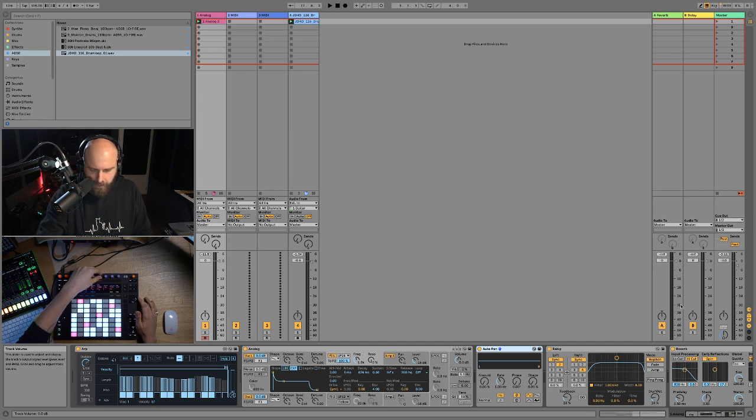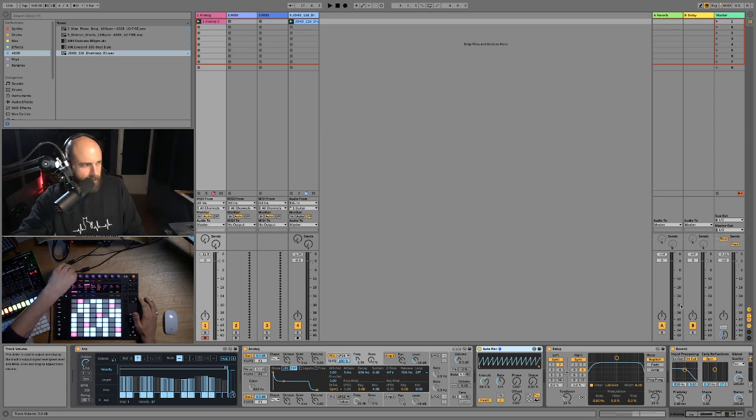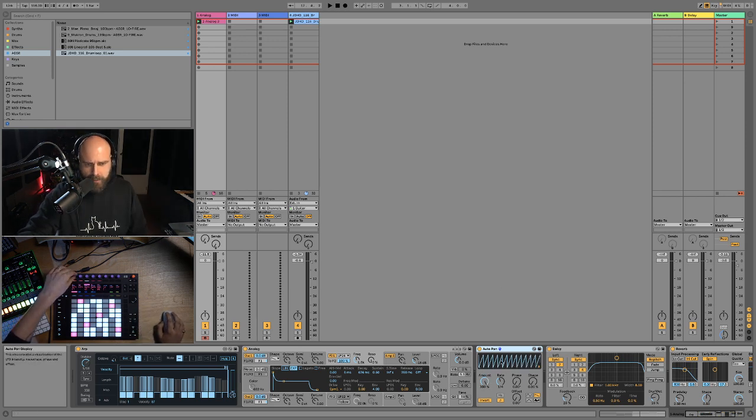And going to put the frequency on to beats mode. I'm going to bring this up to quarter notes. I'm going to change the waveform to a sawtooth, and we're going to invert that. So now if I bring up the amount, you'll be able to see this in Live now, the amount going up and down. We've got this auto pan which is acting like a ducking now.